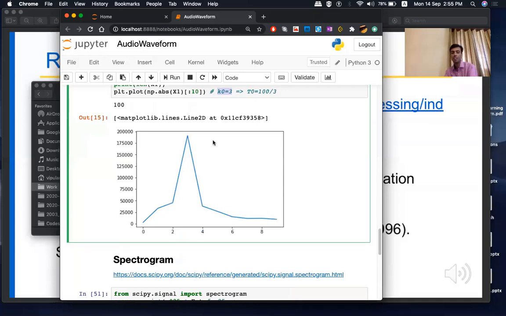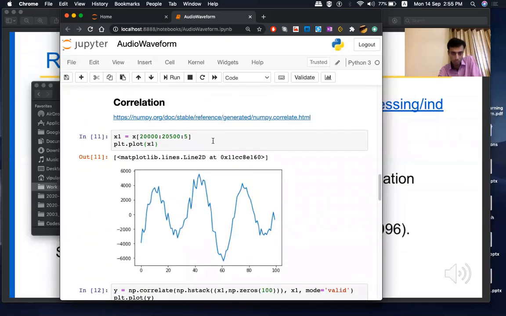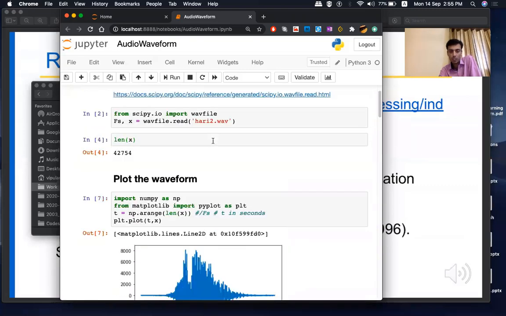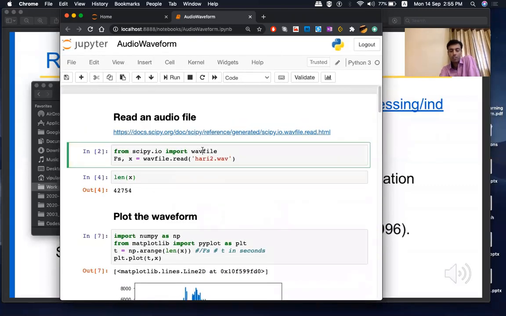Next week, we'll be reading about spectrograms, short-term Fourier transforms, and spectrograms. But if you have any questions regarding this week's content, please ask questions, and you will get assignments soon. The first assignment will be very easy. It will help you to learn programming first of all, and then it will help you to learn the concepts which you have learned